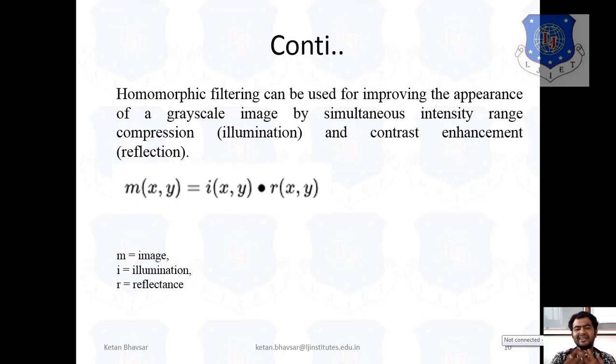Definitely we can improve the intensity level, and we also try to improve the contrast level. But for that we have to work on specific content, like we have an image, we have an illumination factor, we have a reflection content. So with the combination of particular illumination and reflection, we are getting a better outcome. And for getting a better outcome, definitely we have to deal with the homomorphic filter, and this homomorphic filter can achieve better results as compared to the grayscale.